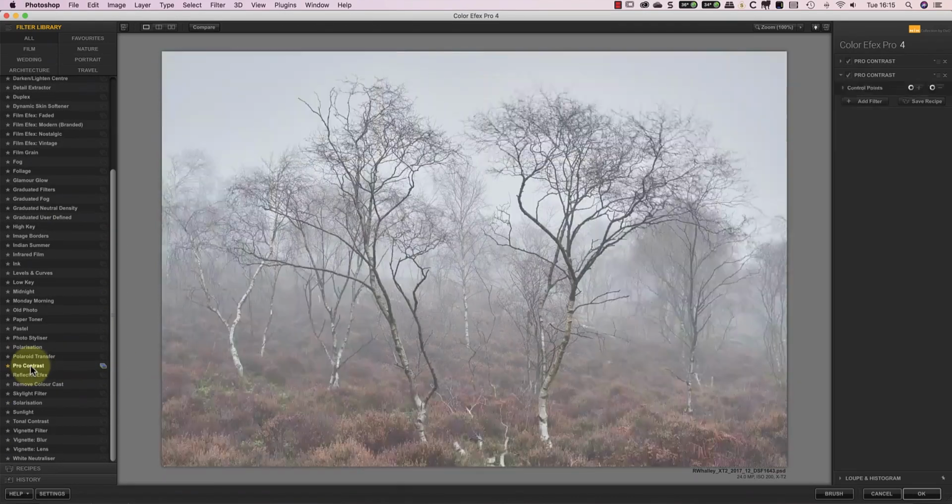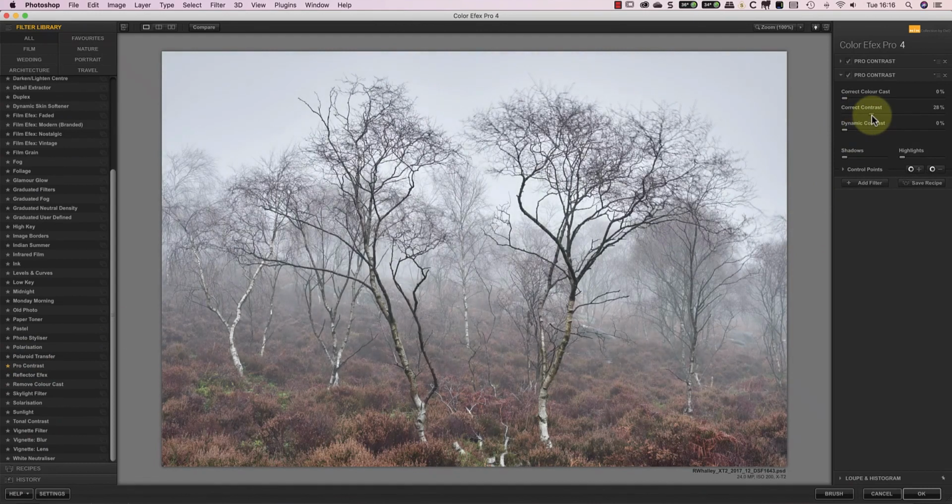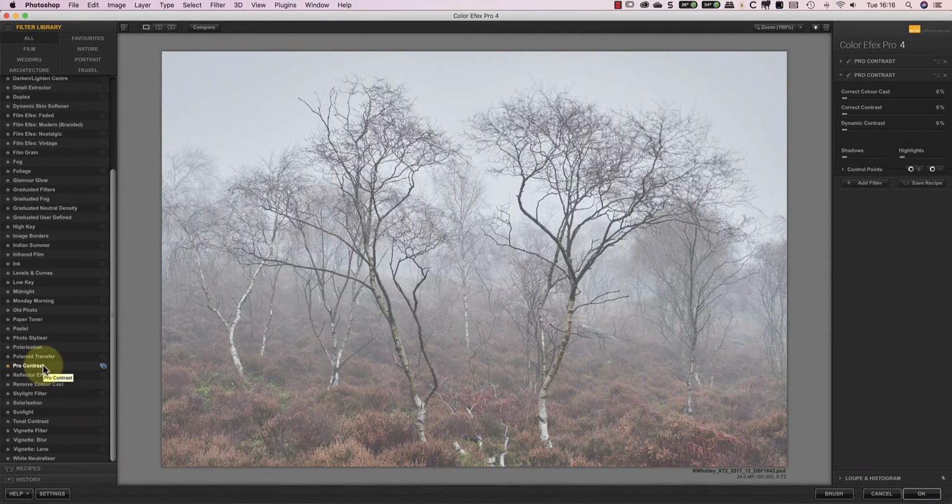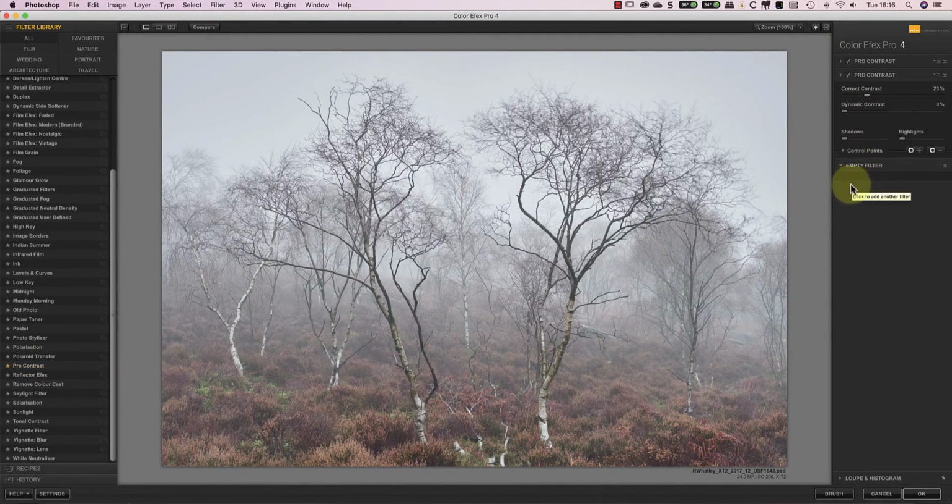Now I can use the contrast sliders to adjust the foreground. I'll then limit this adjustment to the ground using control points. The important point to understand is that you can continue to add multiple filters of the same type to an image.